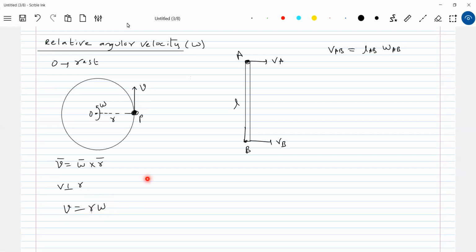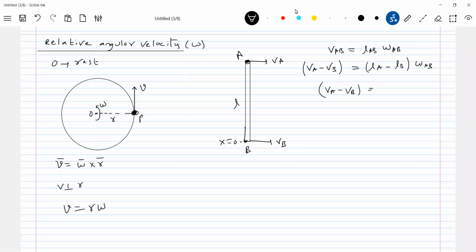Now O is also in motion, so I'm taking one separate situation here. It'll be like this. So now we know what VAB and LAB are. I'm taking this as reference. If I take this as reference, then what are you going to write? LA minus LB into angular velocity of A with this. Both are in the same direction, VA minus VB, right? So VA minus VB. LAB I should measure in this direction. So in what direction are you going to measure LAB? In this direction. And LAB is equal to L.